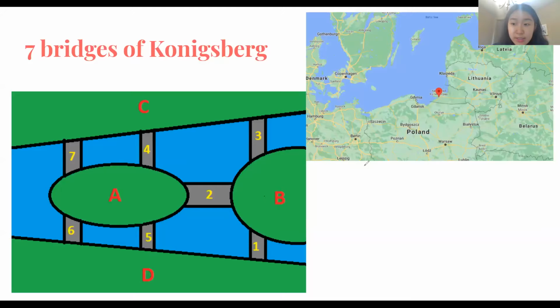Königsberg? Wait, were there actually 7 bridges? There were actually 7 bridges. Yes, that is the origin of this problem. Yeah, all right. So that's okay. So this problem,